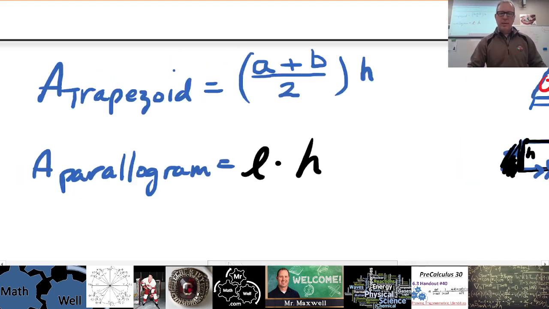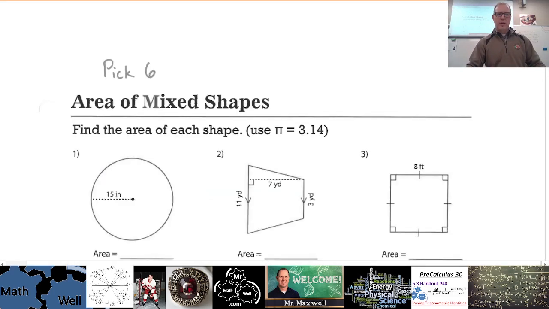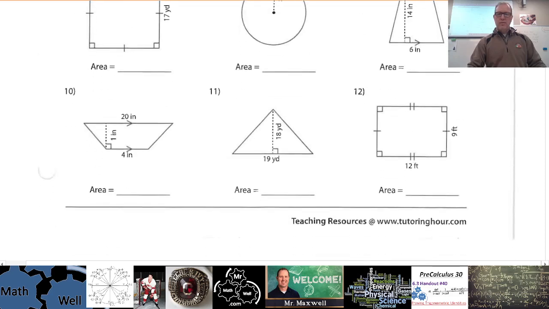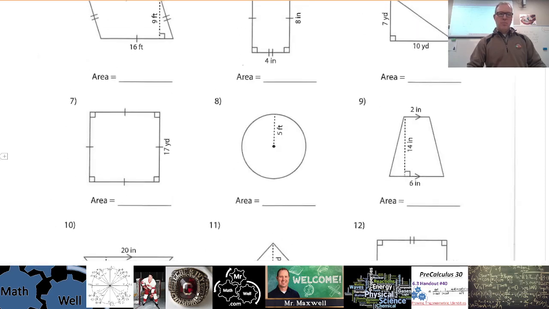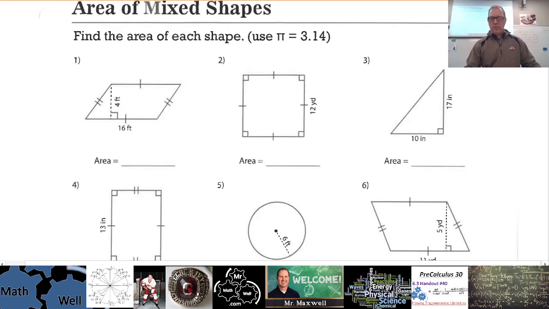So let me do a couple with these new, where do I have to go here? So we've got trapezoid on the 4th page, and we've got parallelogram on the 3rd page. So let's do parallelograms because they're really easy. It's really just like it's a rectangle. So here's a parallelogram number 1, and again, if I treat this as a rectangle,